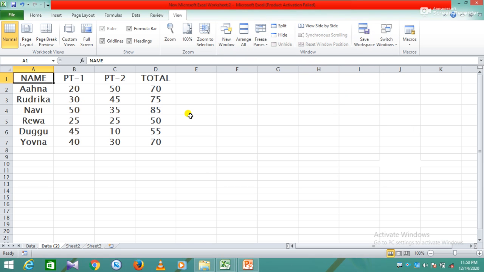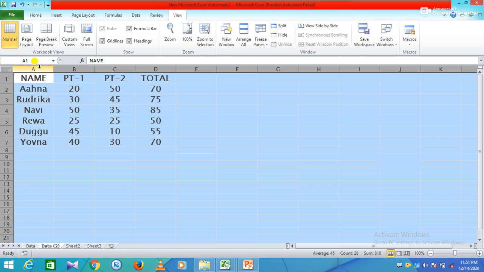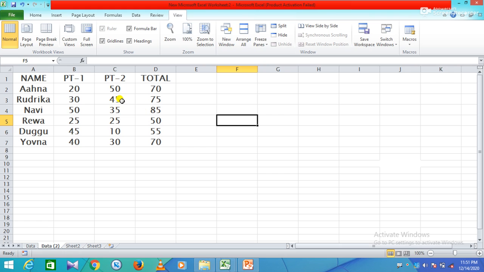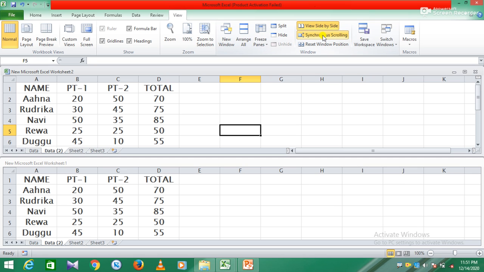Next is synchronous scrolling. If you wish to compare data simultaneously from different Excel files, there is an option called synchronous scrolling. It is under View Side by Side. Just click on Synchronous Scrolling. For this, first of all View, then apply synchronous scrolling.